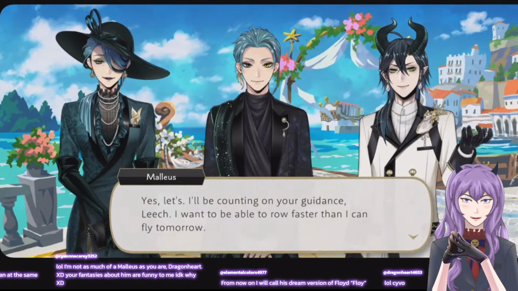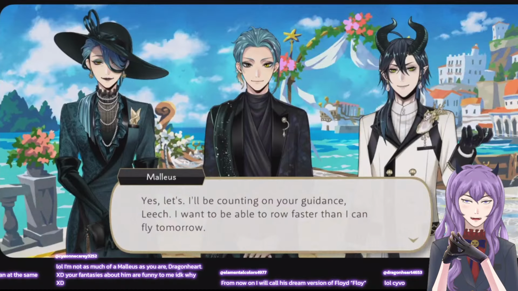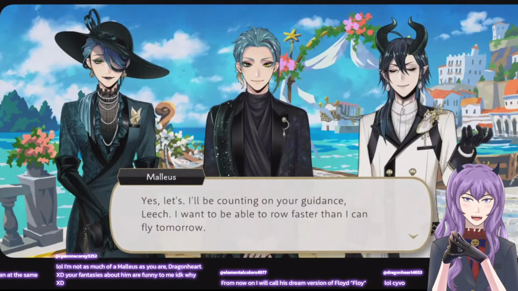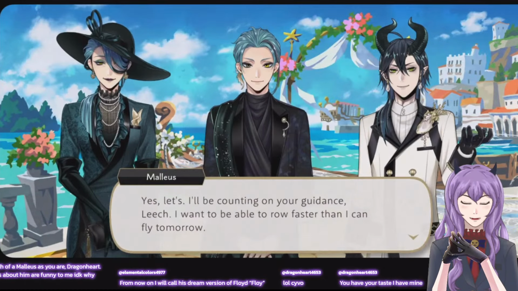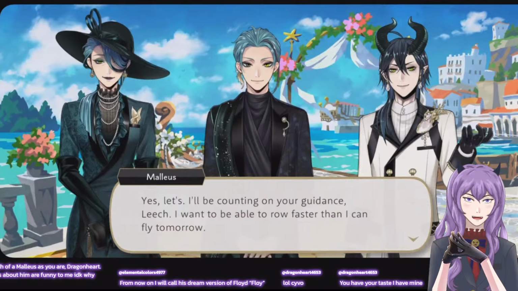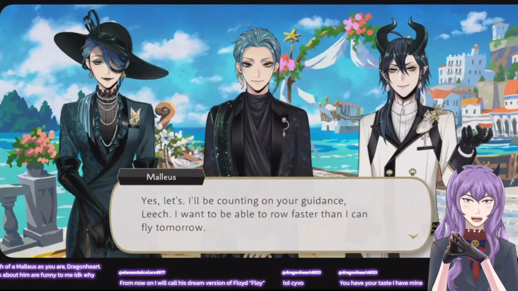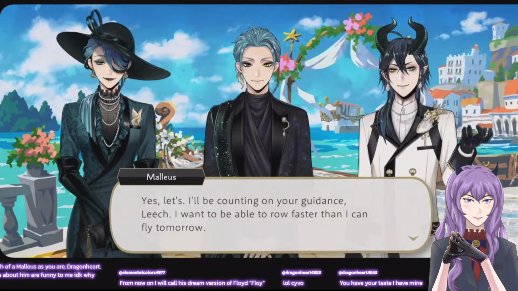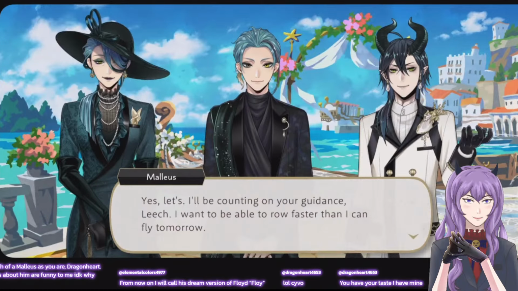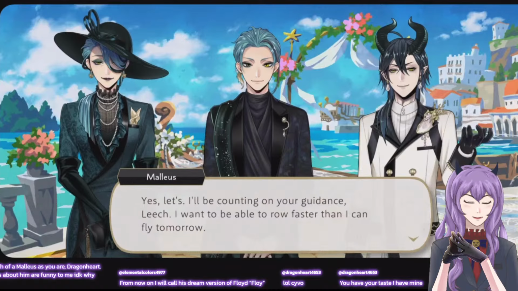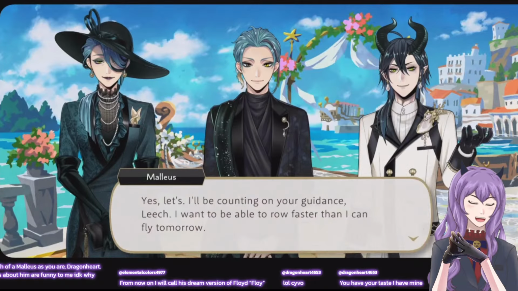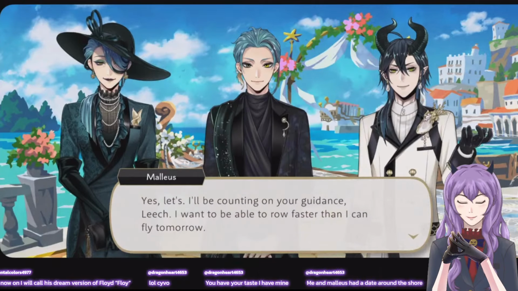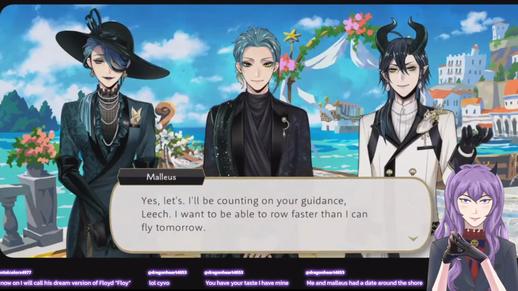Okay. Do you want me to row faster than fly tomorrow, Malleus? That is dangerous. We are not in a rowing contest. Knowing Malleus' strength, he could very much turn this boat into a speedboat. Now I call this dream version of Floyd. That'll be the derpy Floyd.